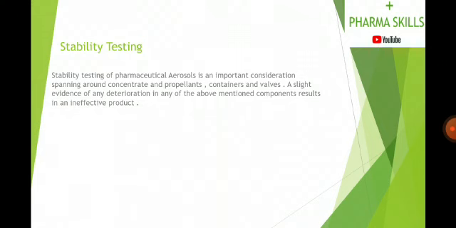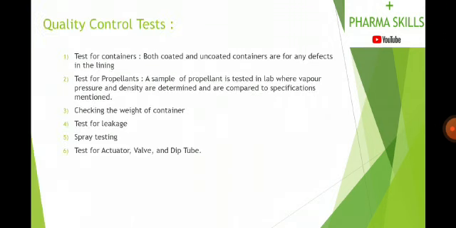Let's see that. Once a product is prepared, various physicochemical properties are studied such as color, density, viscosity, assay of active ingredients, etc. To determine the compatibility of product with container and valve and vice versa, the samples are usually stored upside down so that they come in contact with the valve, mounting cup and container, and we can study.